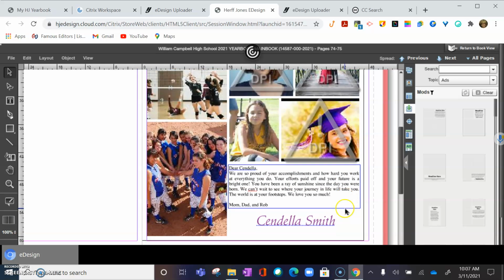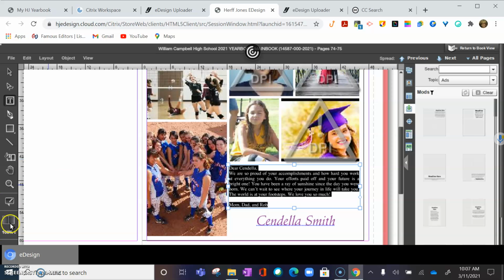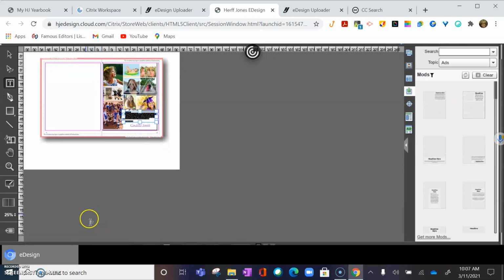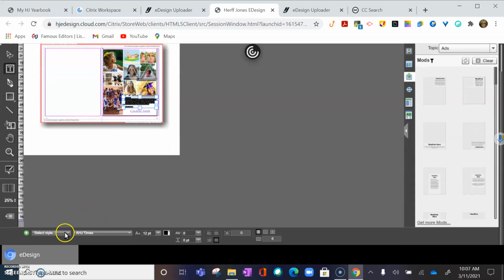I can change any of these fonts with what I have below, okay? All you have to do is highlight it. I'll give you an example. And mine I'm going to have to minimize. I'm not sure if yours will have to get to the bottom of the page. We are limited right now with what's in here, but let's say you're working on a senior ad and there's a particular font that you want,